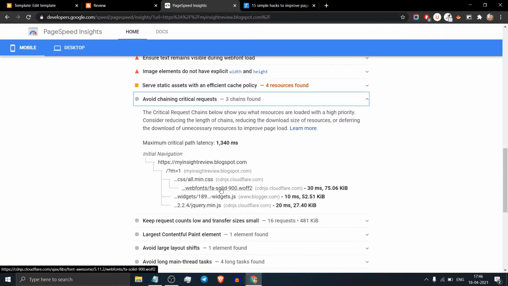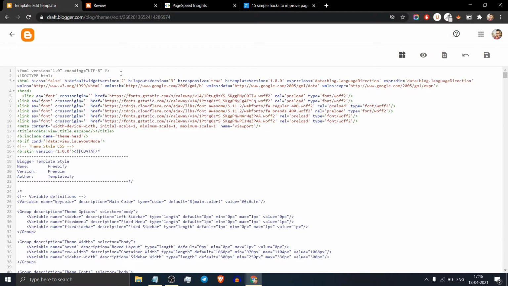I forgot this web font, so you can add it in the same format used in your template like this. Just copy this code, replace it with your own URL, paste it just below the head tag and save your theme.